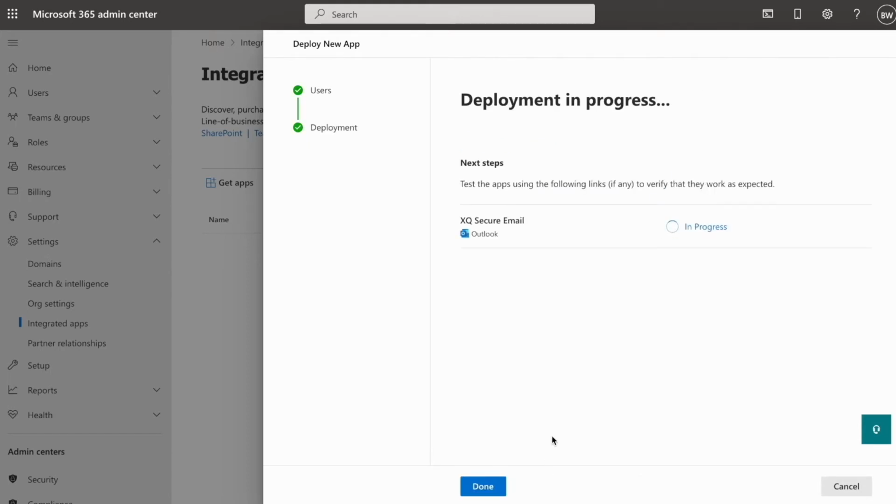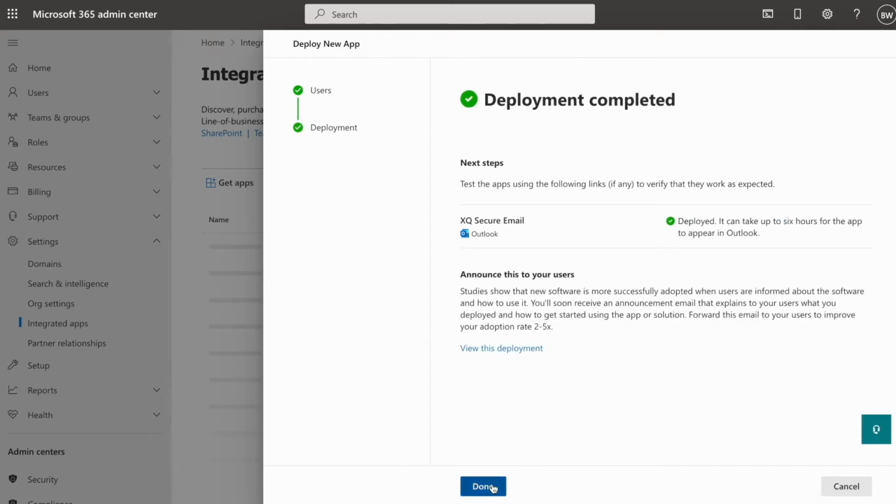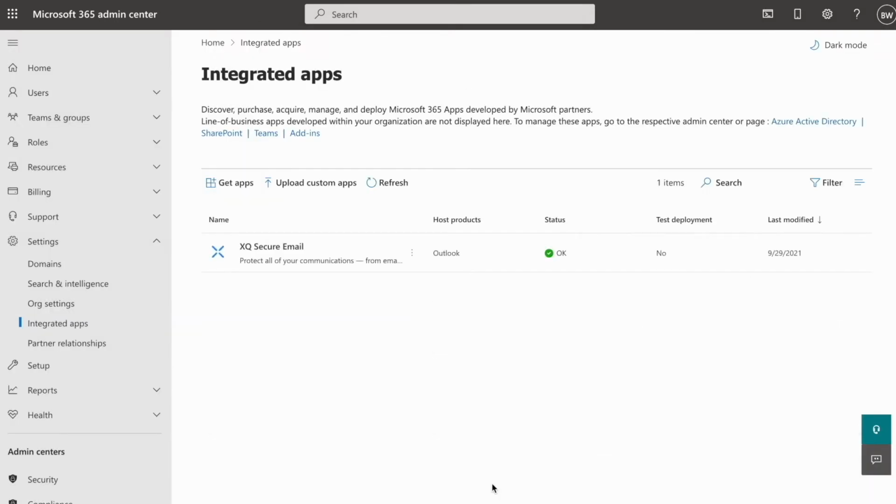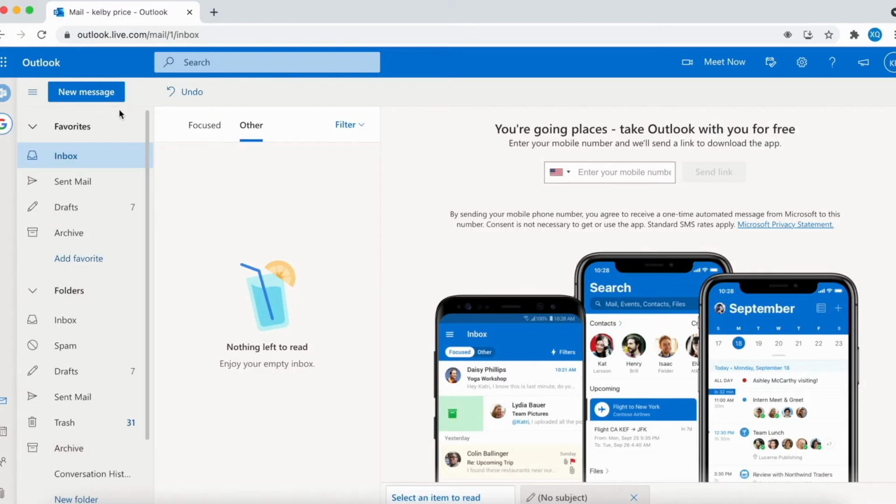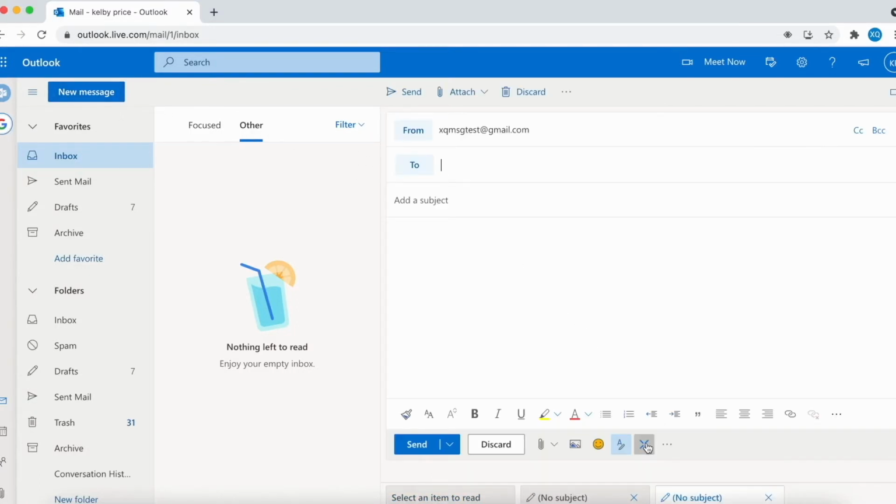Outlook will now deploy the XQ add-in to the users in your Microsoft 365 group. Once deployment is complete, click Done. In order to complete the setup, your group users will need to navigate to Outlook.com. Then, open the XQ add-in by clicking the New Message button and then clicking the XQ icon in the menu bar,